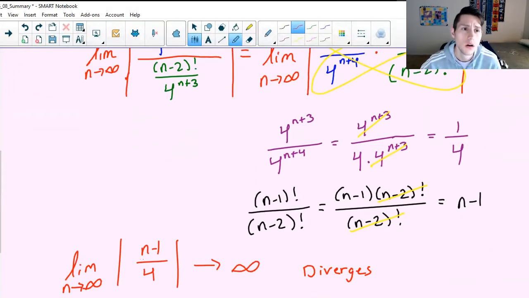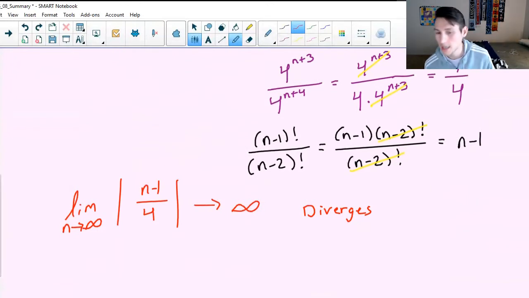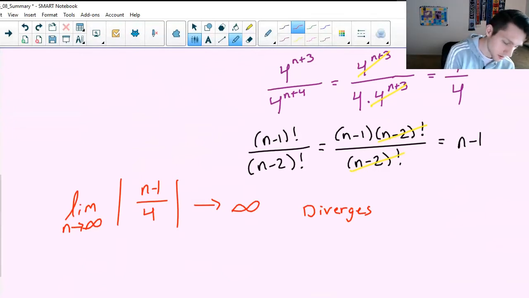Okay, so for the ratio test, it doesn't even have to be that it diverges. It's just if this limit that we get is anything greater than 1. Okay, so even if we had gotten 1.1 as our answer for the limit, that still means it diverges. So since we got infinity for our limit, well, then it definitely diverges. So we can